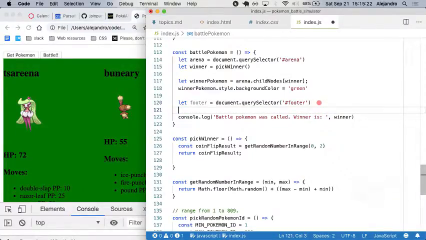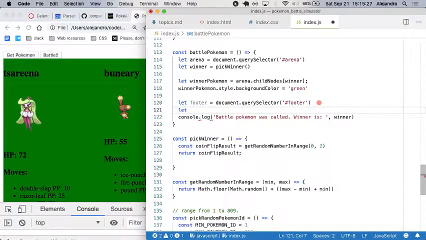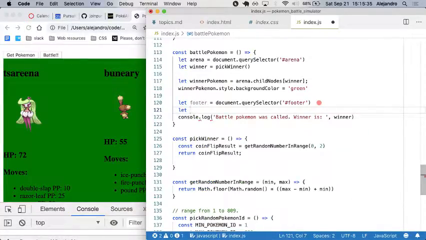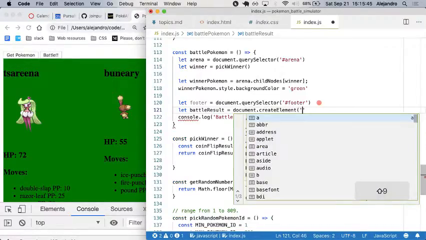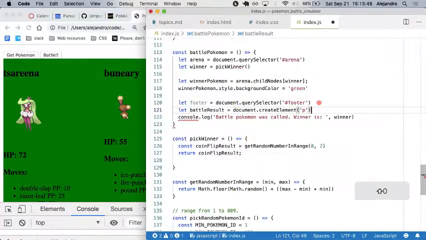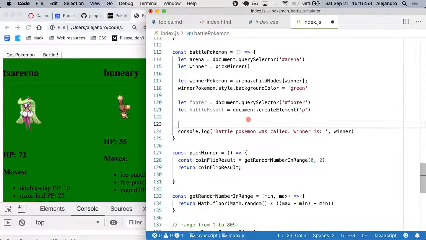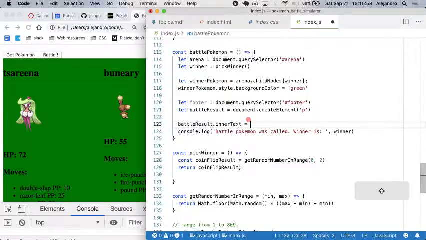Once we have that, let's create a new p tag. I'm not sure what to call this one. Let's just call it battleResult equal document.createElement p. And we're gonna see an interesting thing here. Then battleResult.innerText is going to be equal to